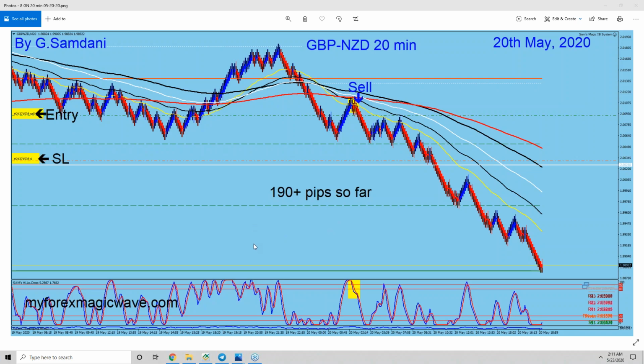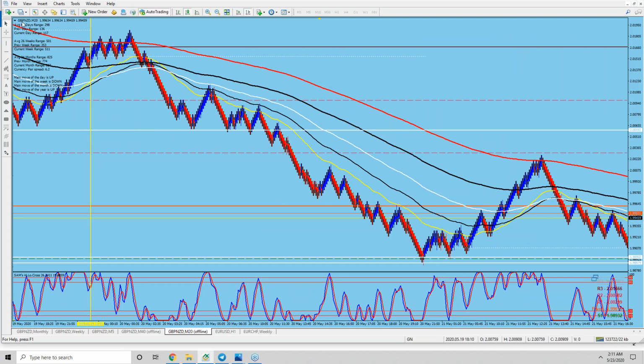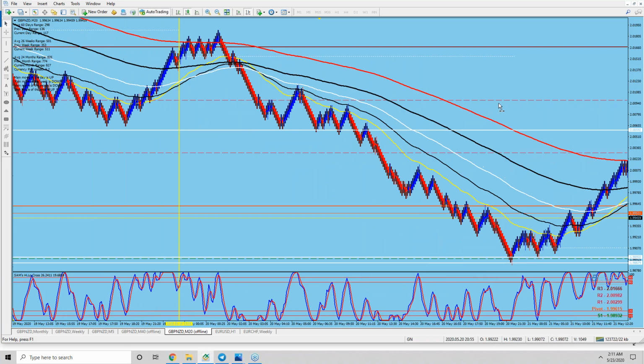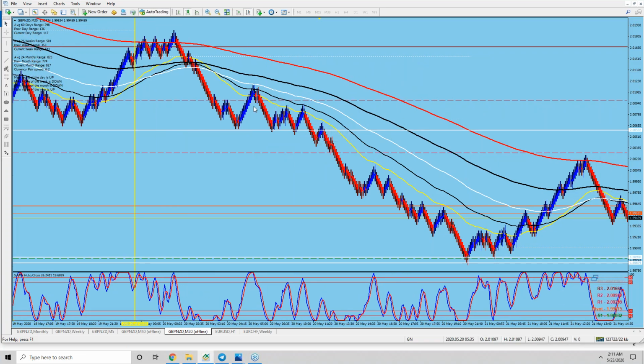In a 24-hour day. So for example, if we go and take a look at this, this is pound newsy, right? This pair, and this was my entry here, the same trade I'm showing here. And if you look at this indicator, and you can find so many indicators out there, and if not, then you just calculate from high to low. So here you can see this indicator is telling me that this pair, pound newsy, 60-day average is what? 298 pip, right? From the top to bottom in one single day in 24 hour,